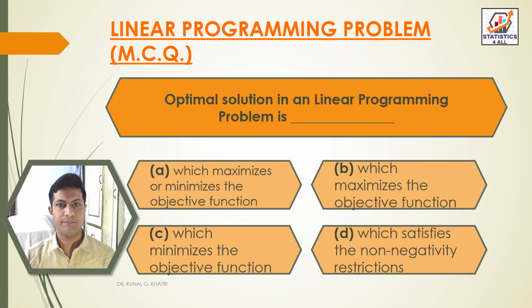Next question. Optimal solution in a linear programming problem is option A, which maximizes or minimizes the objective function. Option B, which maximizes the objective function. Option C, which minimizes the objective function. Option D, which satisfies the non-negativity restrictions. So here we have answer option A, which maximizes or minimizes the objective function. Optimal solution in a linear programming problem is which maximizes or minimizes the objective